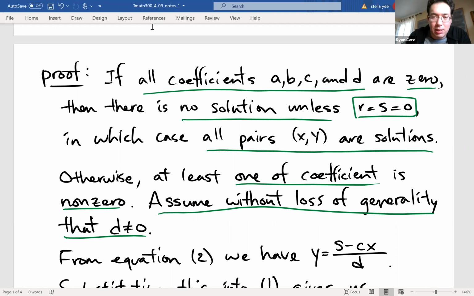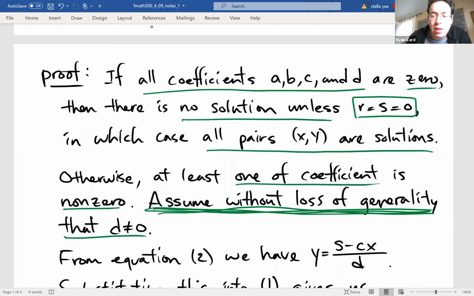It seems like to consider all possibilities, you have to look at the case where A is not equal to 0, or if A is 0, but maybe B is not equal to 0, and so on. But you can see that all of these result in a very similar type of argument. So if there's no basic difference in the type of argument you're going to make, the phrase you usually use in a proof is called